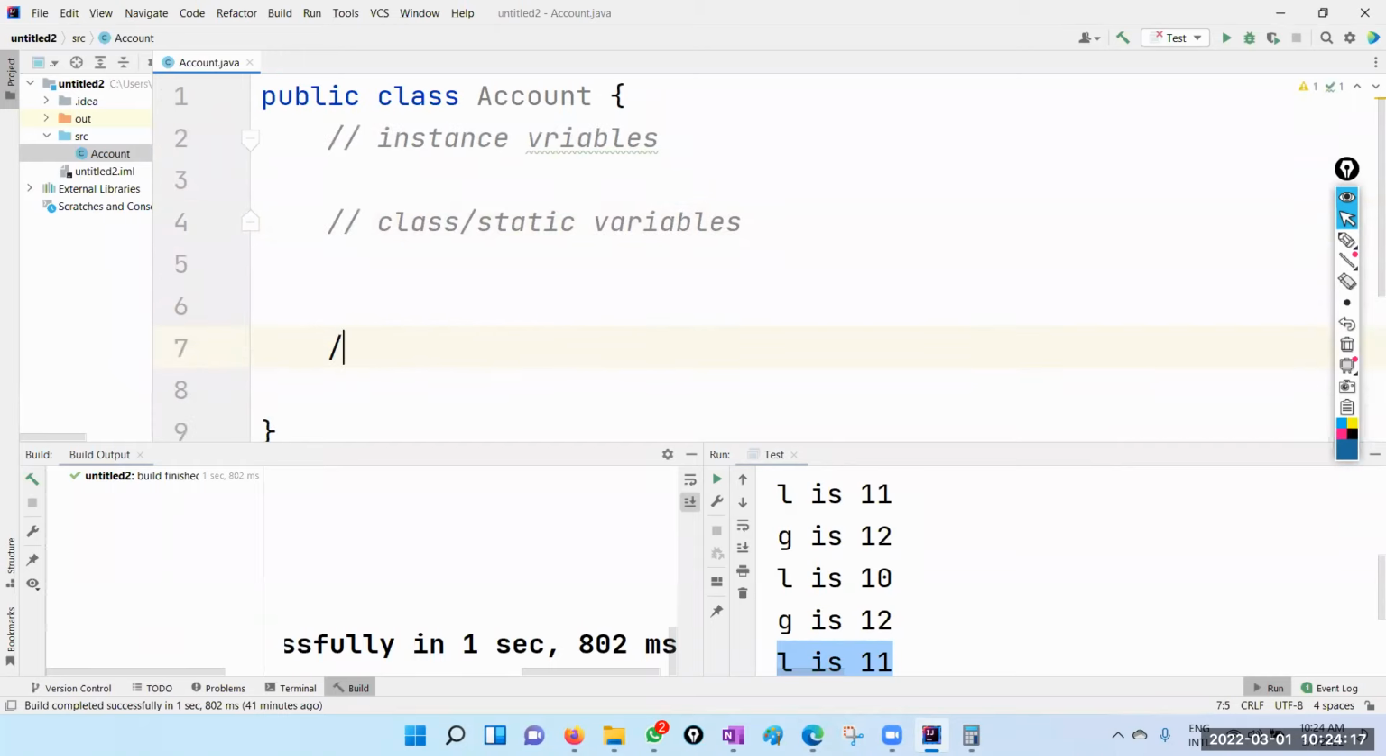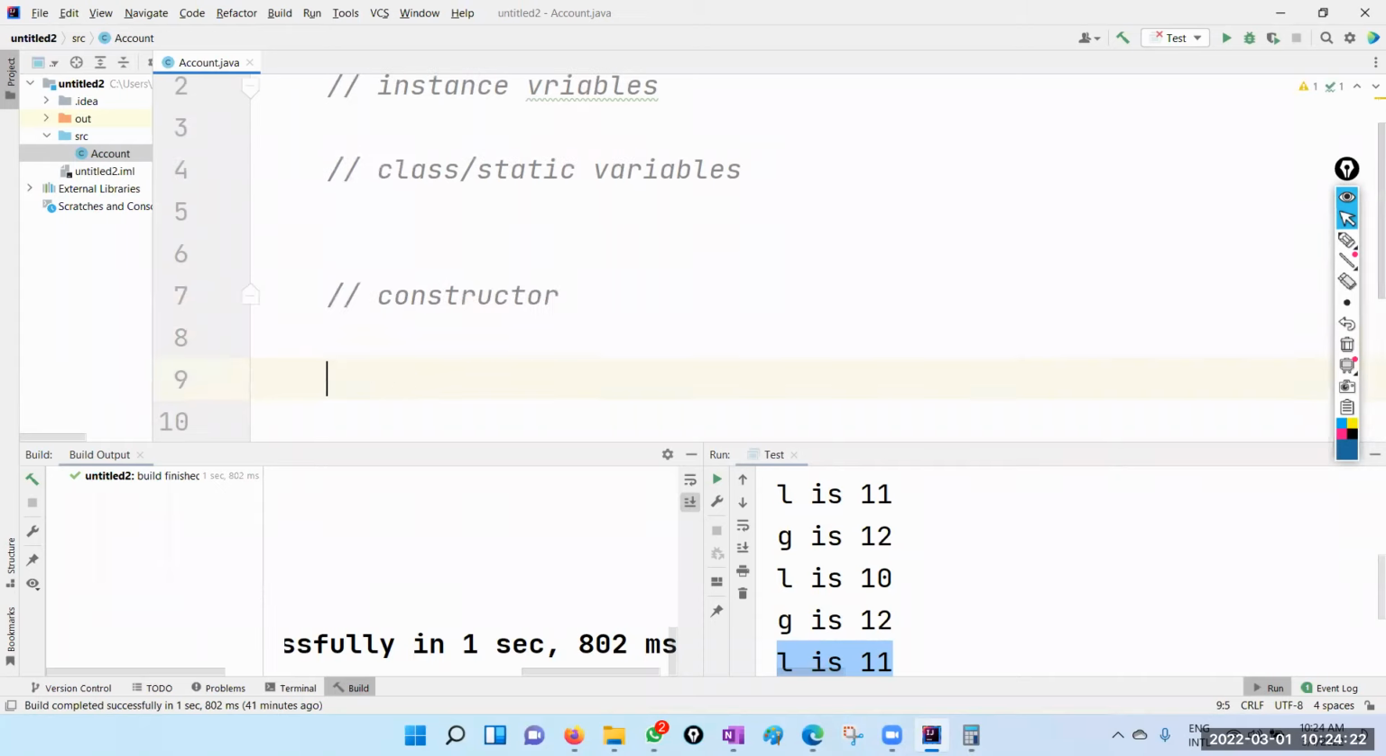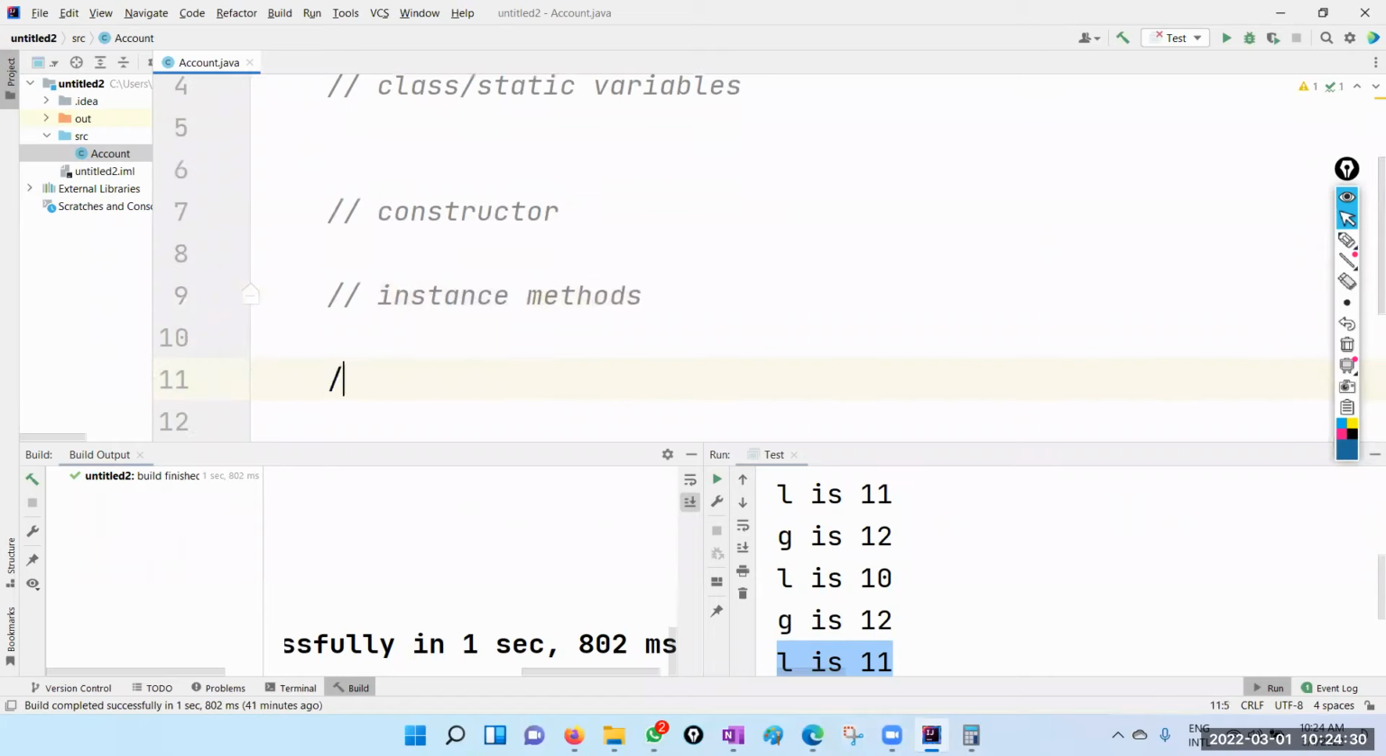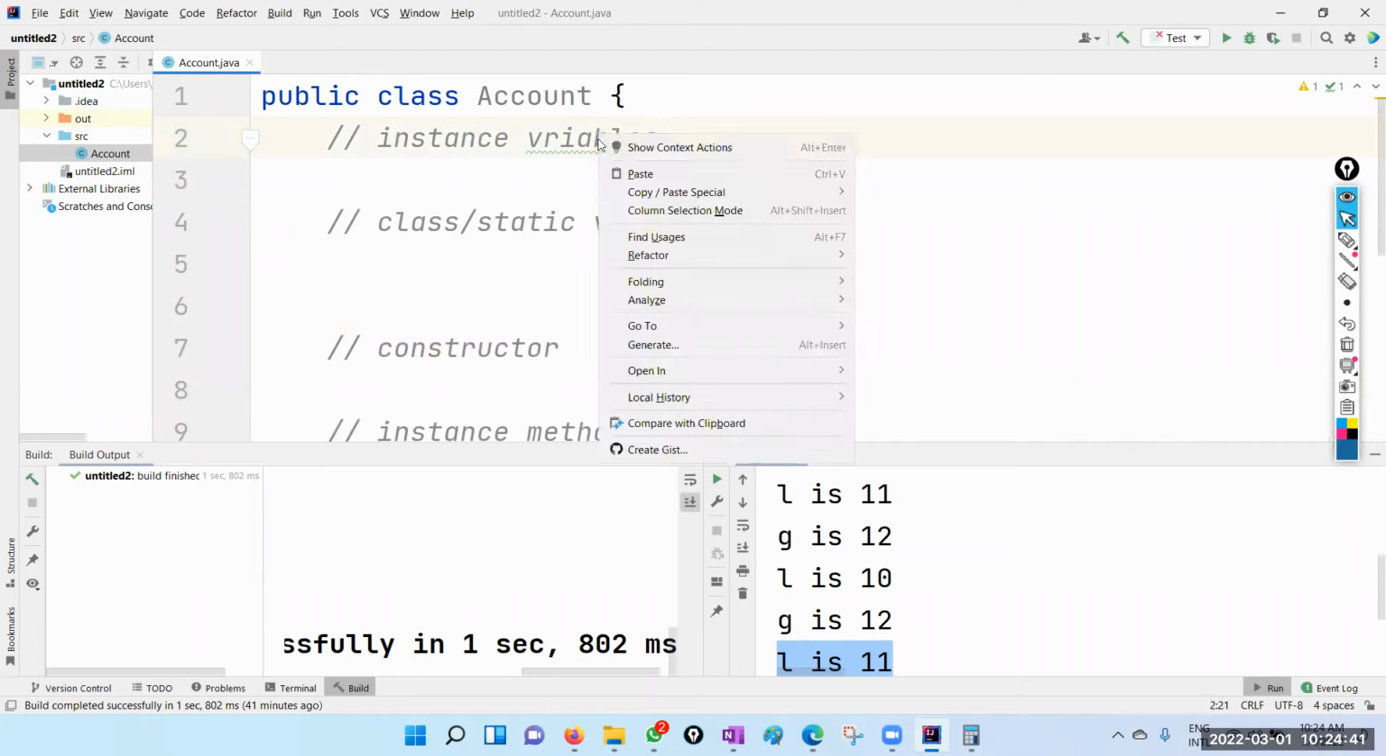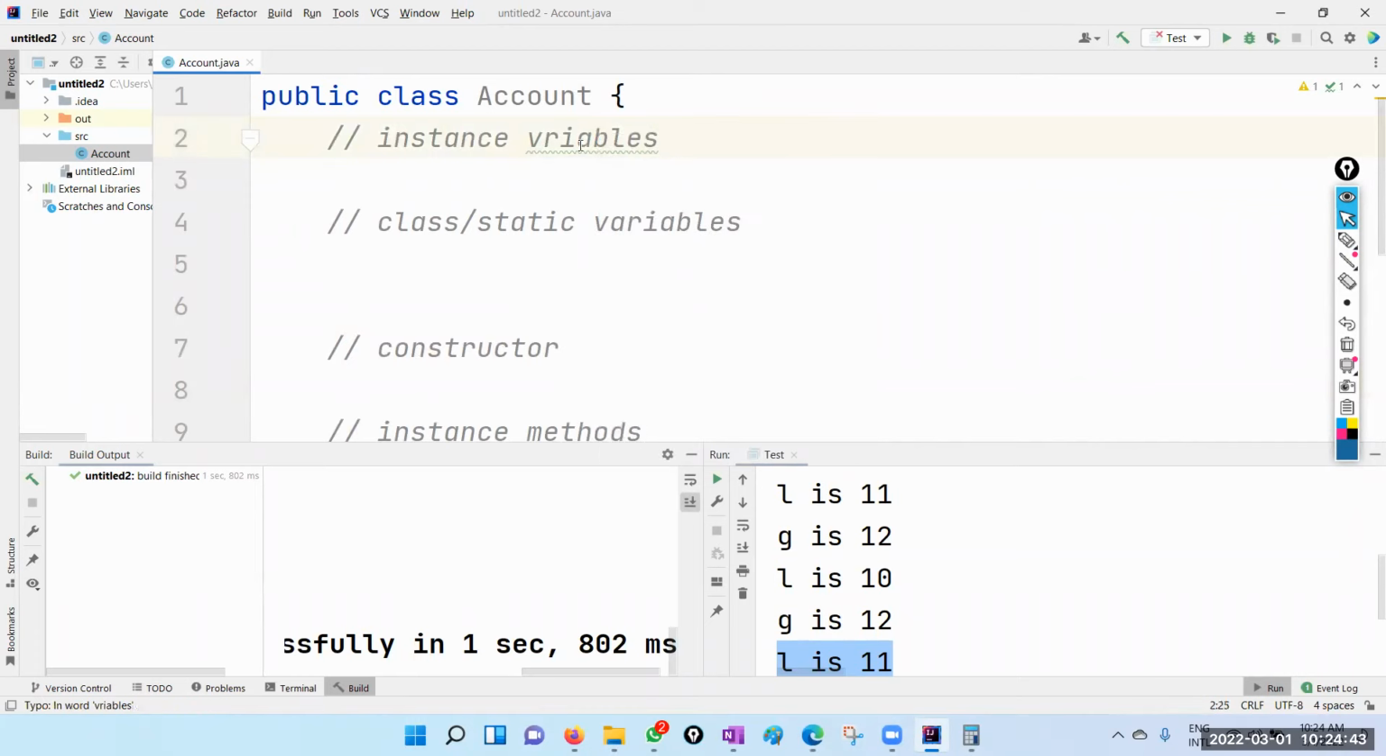So you can have a constructor. You can have instance methods. You can have class methods, those static methods. Class or static methods. Right. So let's mark